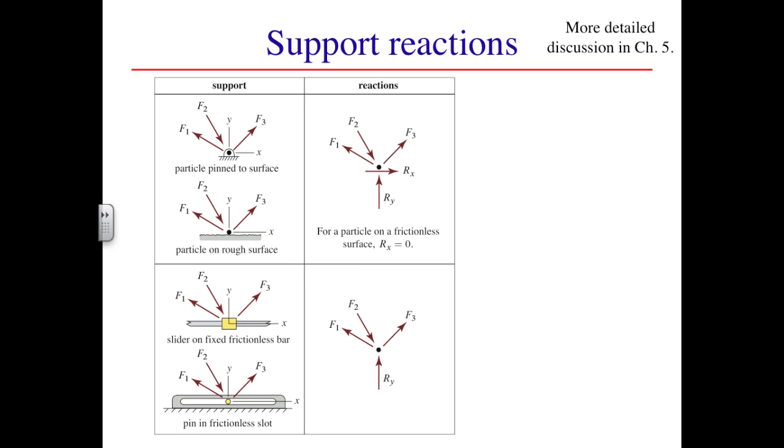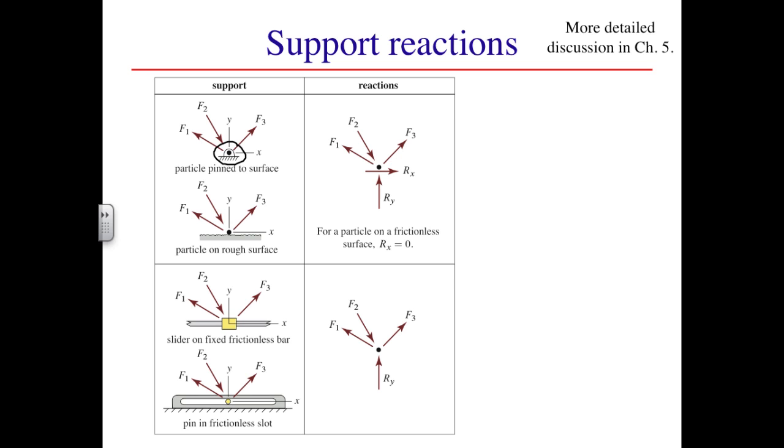First is the pin support. As the schematic indicates, the pin can be thought of as a shaft mounted between opposing flanges, which are in turn mounted rigidly to a supporting surface. The pin is free to rotate about its axis, but it cannot be pulled through the flanges, so its translational degrees of freedom are restrained. This leads us to represent the pin reactions as Rx and Ry, one force component for each translational degree of